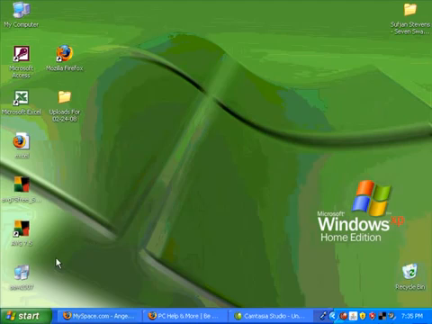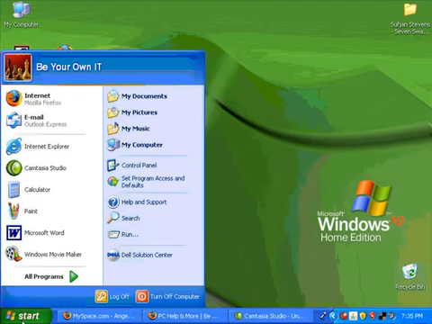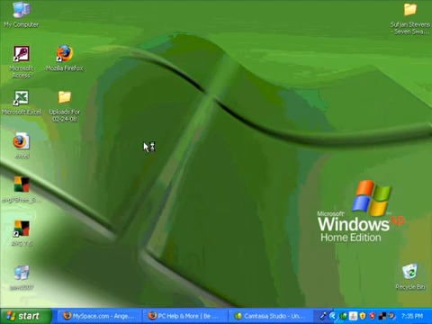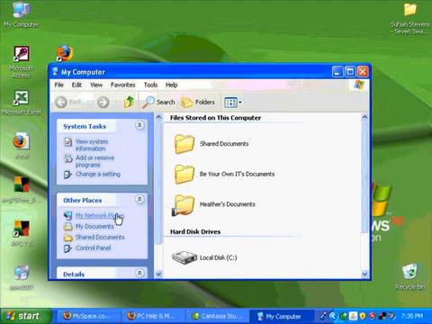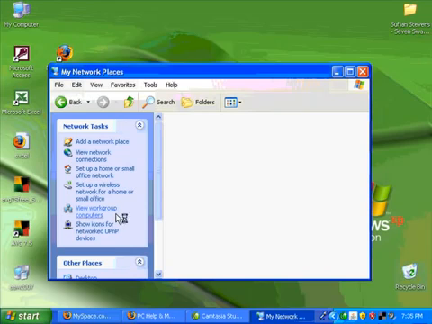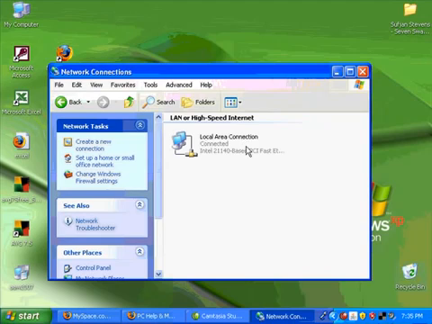As far as what you can check on your computer, or things that I may do, I'd start by going to Start, and then My Computer, and then My Network Places, and then View Network Connections. Make sure that you have a connection here, and then it says Connected. If you're not getting an IP address or something weird like that, it'll tell you here where it says Connected. It might say Connected at low speed or something like that. It'll give you some sort of indication